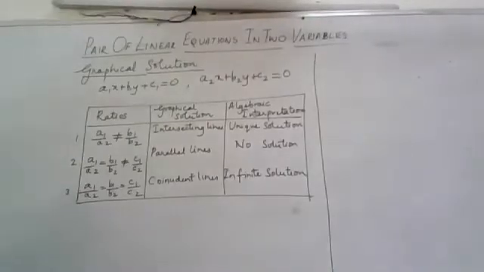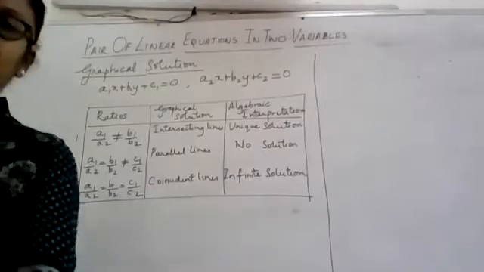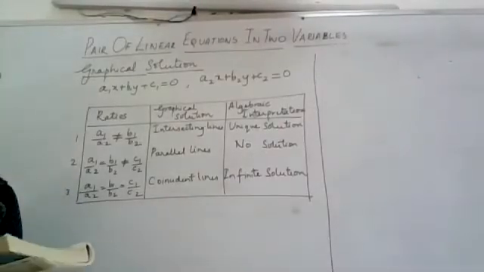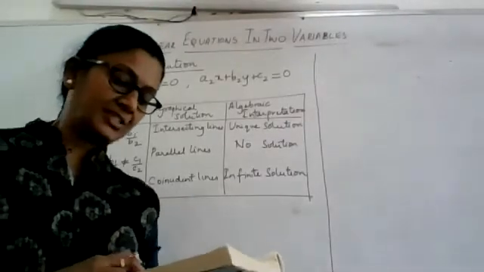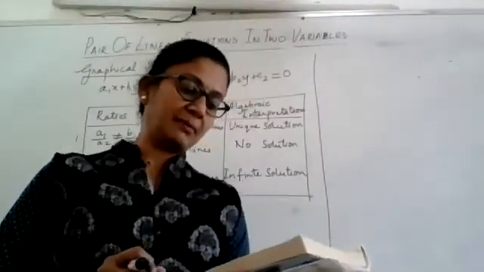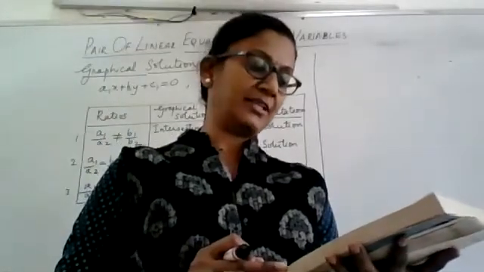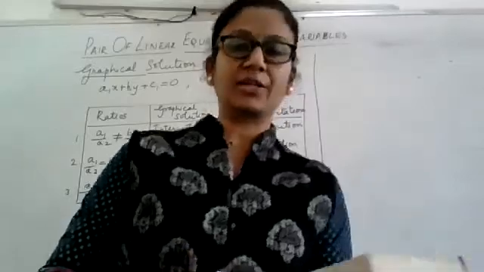Now those who have written down, you can go to your exercise 3.2. I will start with the third main. We will come back to the first and the second main a little later. Look at the third main. Okay, I think I have given you enough time to write that down. Otherwise, please watch in the video and later on complete. Now the question number 3 says, on comparing the ratios A1 by A2, B1 by B2 and C1 by C2, find out whether the following pair of linear equations are consistent or inconsistent.